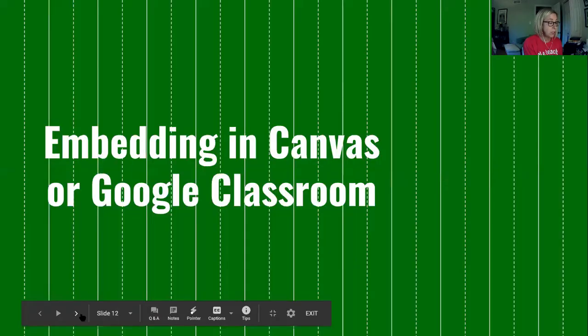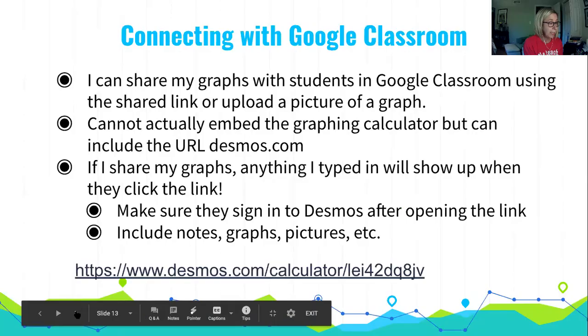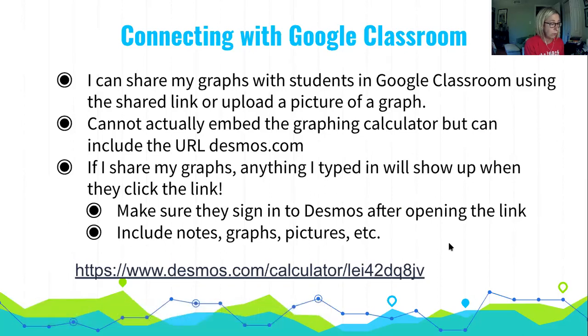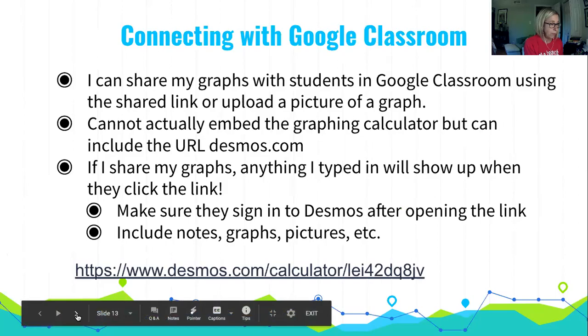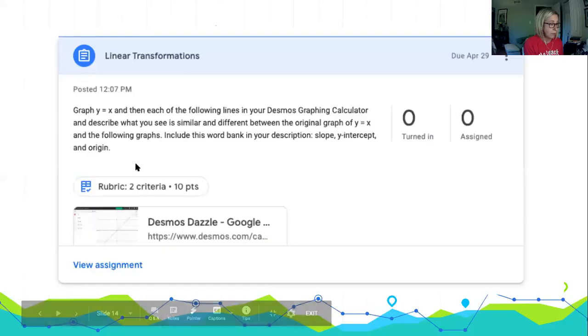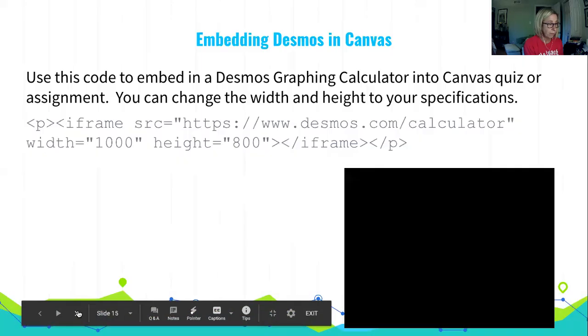Okay, this gives you a little information about embedding and just some notes about that. I won't go too much into that right now, because we mentioned it already, but if you need some extra help with that, there are some slides of what it looks like in a Google Classroom with the link. And again, being specific in your directions online. Obviously, I'm sure you've had